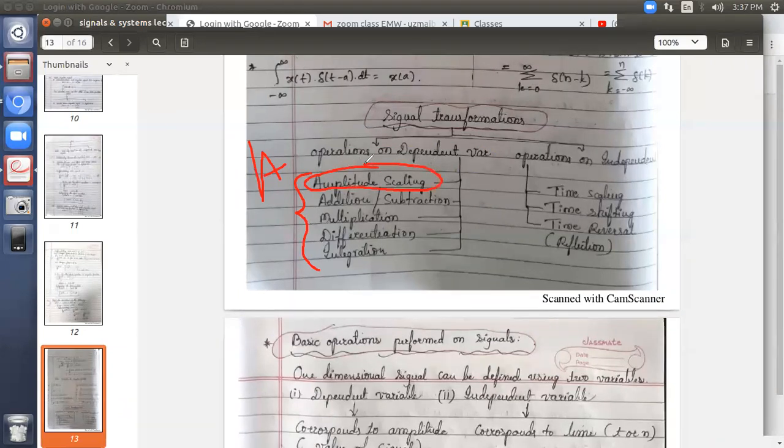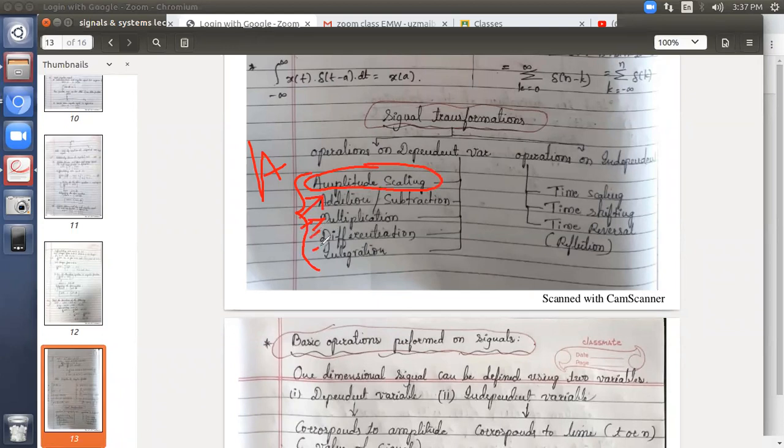Scaling is a very known term to all of you, probably in analog electronics. While doing the experiments, you might have come across some scaling factor. Scaling is generally a multiplying factor. It may be a bigger number or a smaller fractional number. So scaling in general specifies the multiplication, then addition or subtraction, and multiplication,